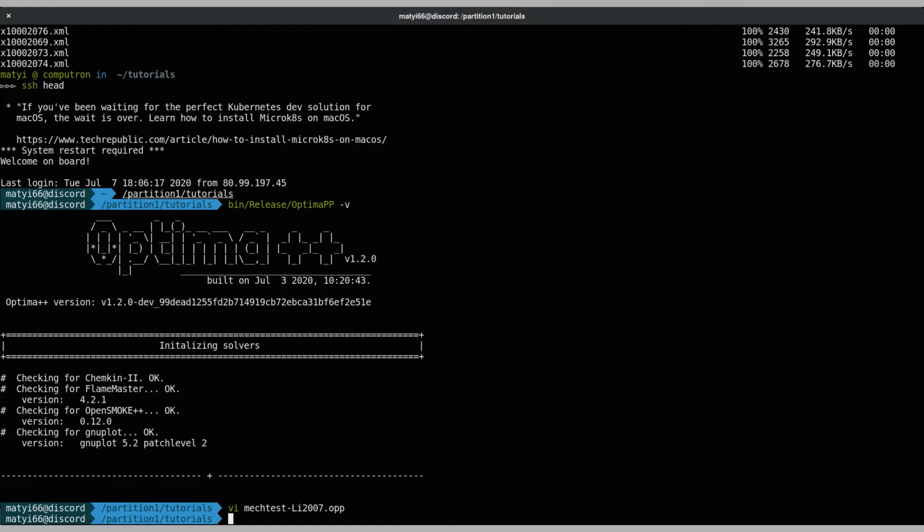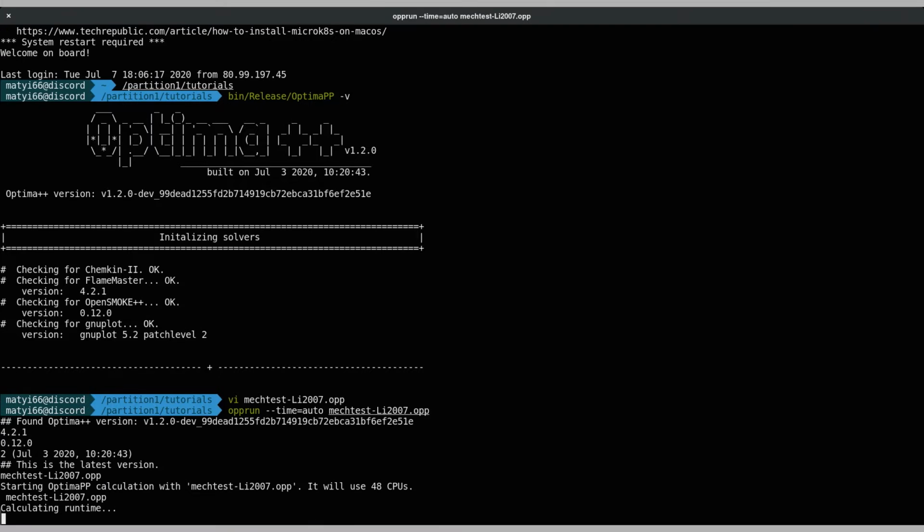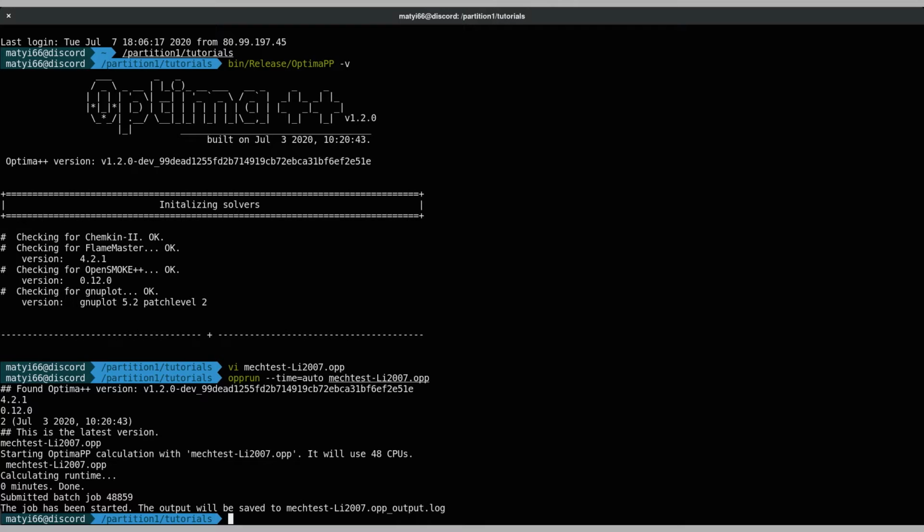To run Optima++, we have to pass the name of the input file as a command line parameter. The actual command for sending the job to the cluster computer depends on the software architecture of the cluster. Here I used a bash script which was written to send Optima++ jobs to our cluster.